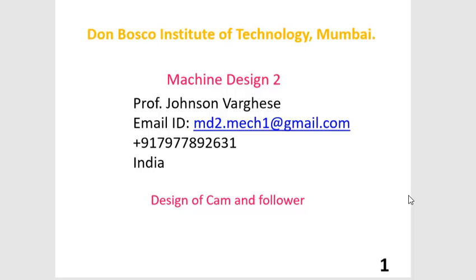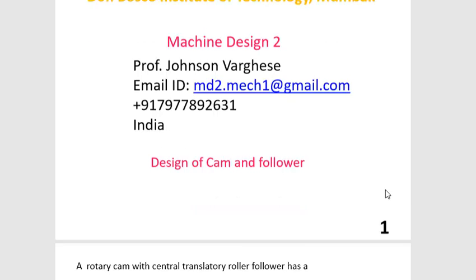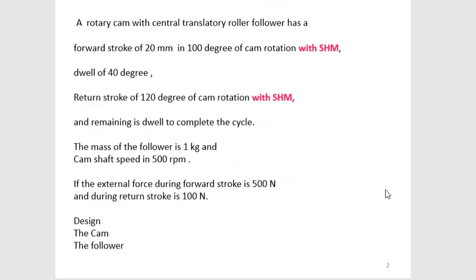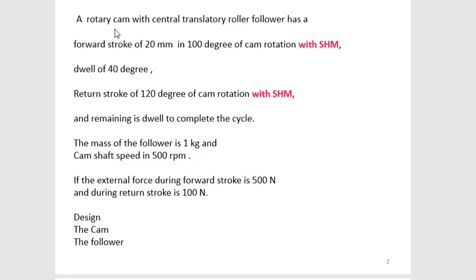Hello, today I will be discussing the topic design of cams and followers. Let us look into this question. A rotary cam with a central translatory roller follower has a forward stroke of 20 mm. So the stroke or the lift is 20 mm in 100 degree of cam rotation with SHM. Dwell of 40 degree, the return stroke of 120 degree of cam rotation with simple harmonic motion, that is SHM,